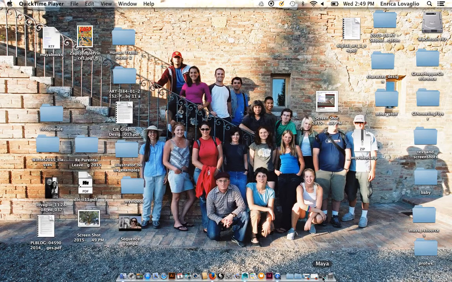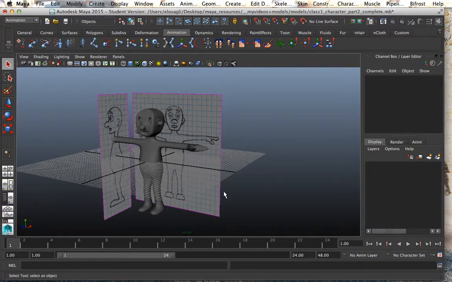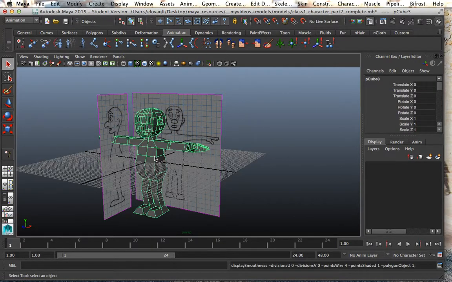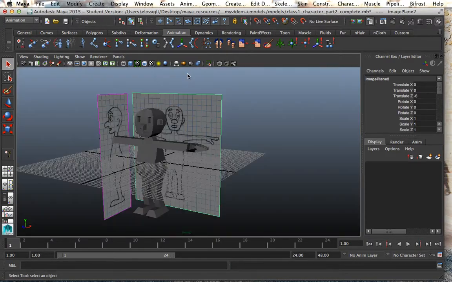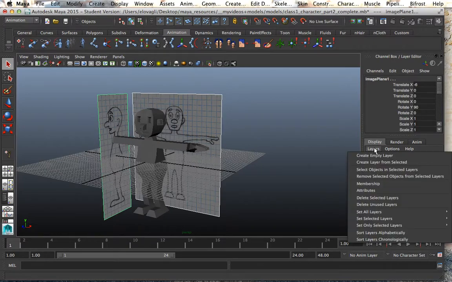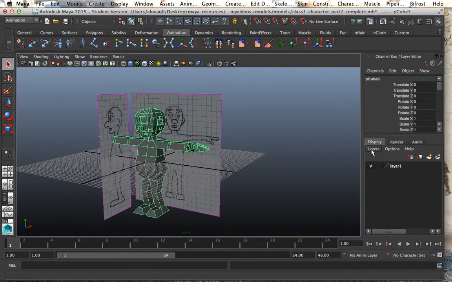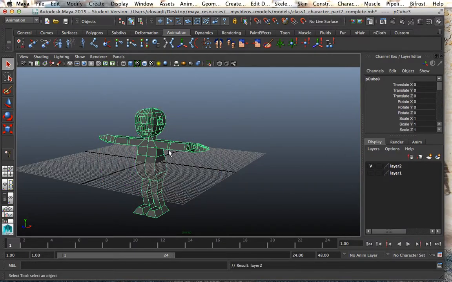Class, we left our character pretty much here. We have the two image planes. Our character right now is in smooth or high display view. I'm going to go back to 1. I'm going to take these two image planes and put them on a separate layer than my mesh so that I can turn them off. There we are. So once you have your character at this state, you have to make a few important steps